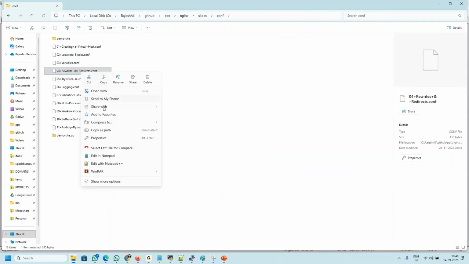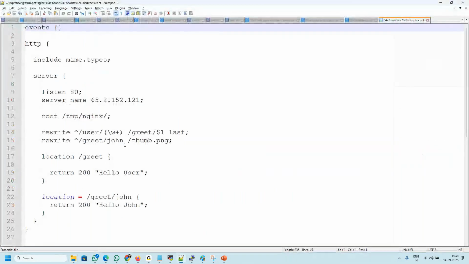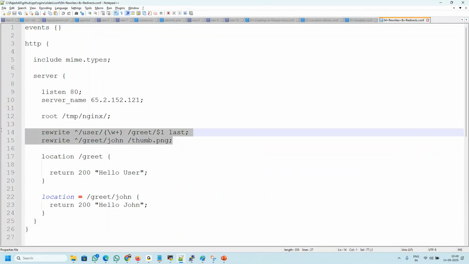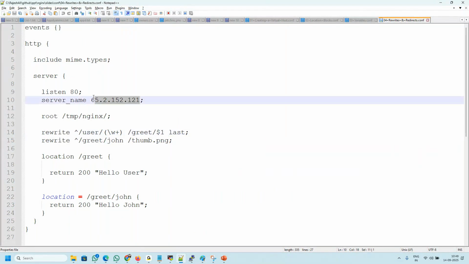Now, how can you rewrite and redirect? A rewrite means, see, the user requests something, but you want to rewrite the URL, or the user requests something but you want to redirect to something else. How can you do that? So look at these two lines. People will write this address /user, after that anything, but the result should always be in this fashion: greet $1. $1 is whatever you type, this one. Okay,